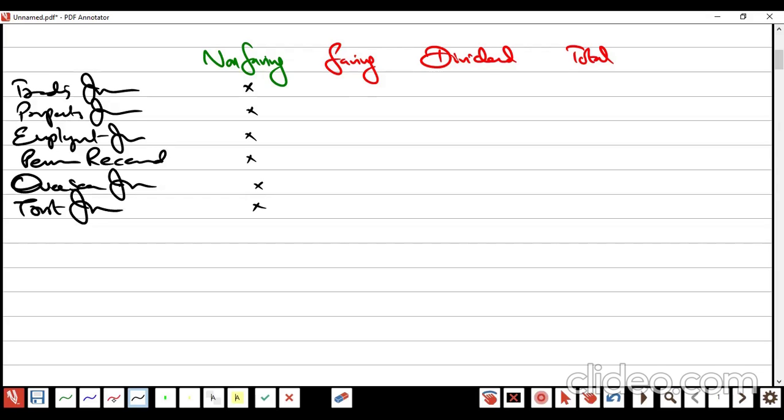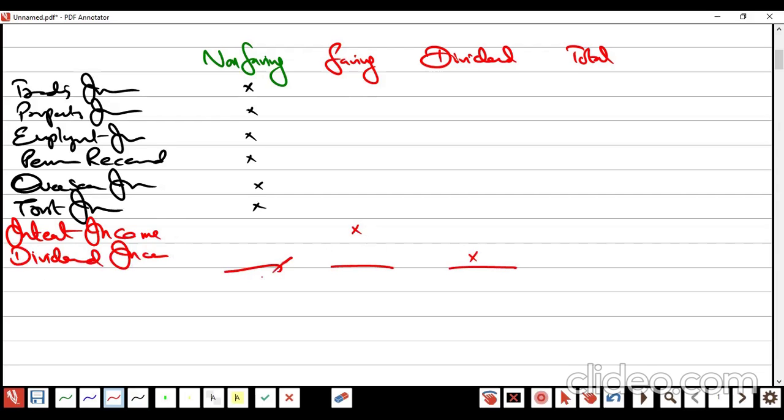Then I will write interest income. There are going to be details for it, which we are going to learn. There are some additional points in interest income, which we never learned in our TX journey. Then we will have dividend. In dividend also, we are going to learn some additional points, which we never learned in our TX journey. So the form is almost the same, only two additional incomes came here, and that is known as total income.